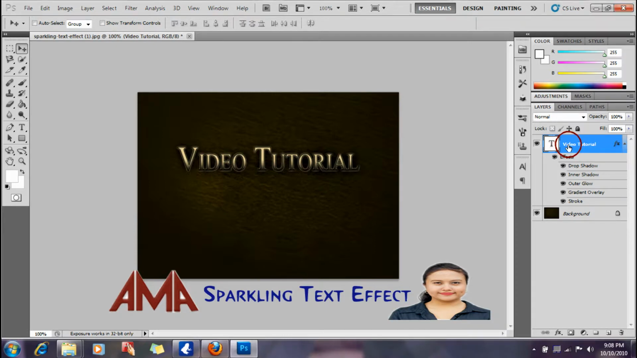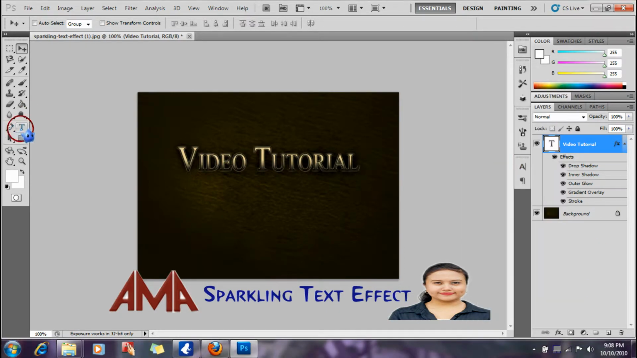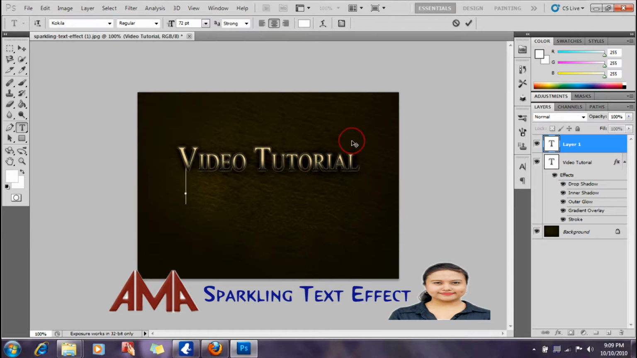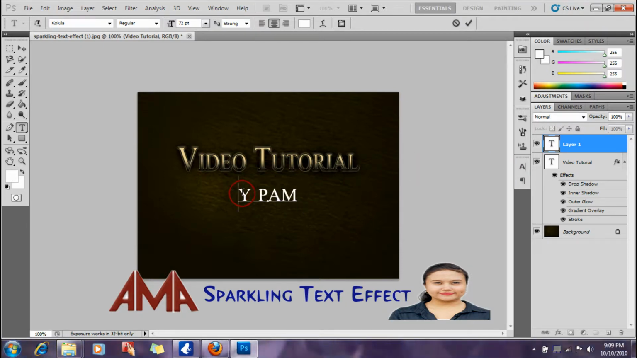Okay, so in the layer panel I will create another text effect, and I will use by Pam, and of course don't forget the character panel. Okay, shift B, by Pam,